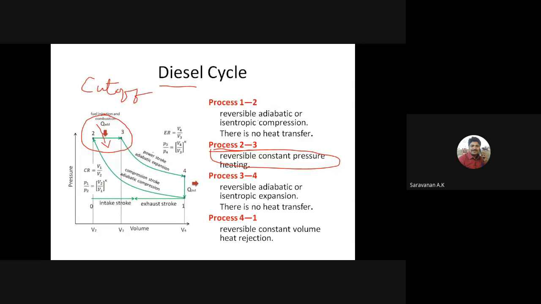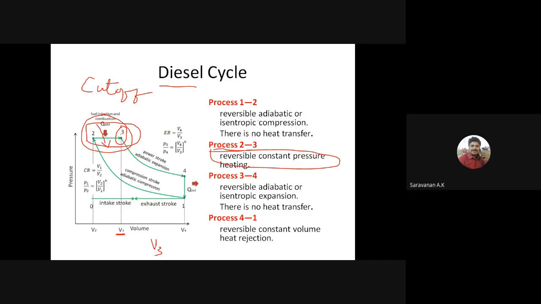Cutoff ratio. What is that cutoff ratio? It is the ratio between when the fuel is supplied and when the fuel is cut off. At which volume the fuel gets cut off, that is V3. So for point 3 here, the volume will be V3. So the cutoff ratio means volume